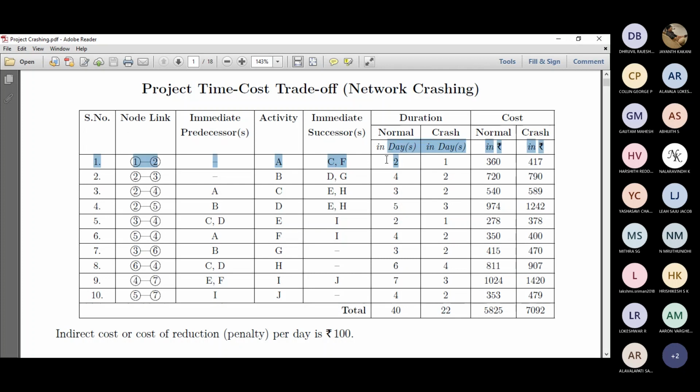This is given for activities A to J, and you can see crash durations like 6 days can be converted into 4 days, 7 days into 3, 4 days into 2, 3 days into 2, and so on. If you take a look at it, you can understand much better. If normal duration and crash duration are the same, then those activities cannot be crashed. No matter how early you compress, it is the same day, which means there is no flexibility and no real compression in it.